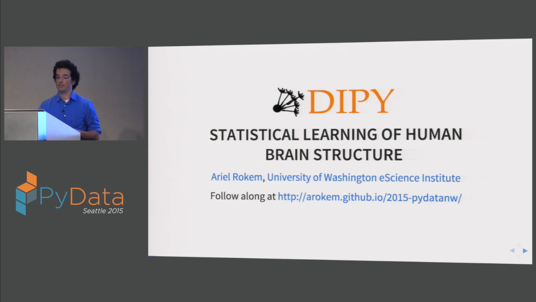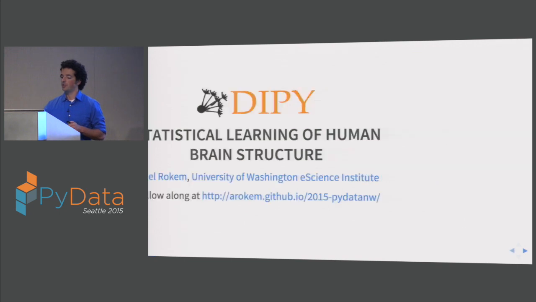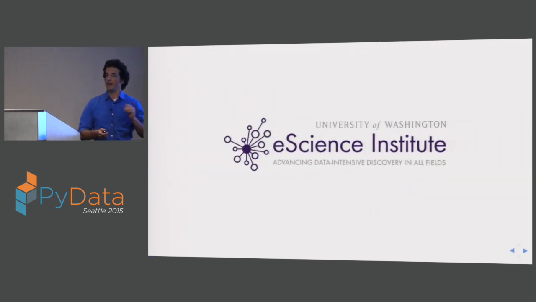First of all, just to mention, you can see these slides over here. You can follow along if you want, or review these slides afterwards. Just to give a little bit of context, I'm part of an institute at the University of Washington called the eScience Institute. We're a group of researchers from a variety of fields. This institute is very interdisciplinary. And together we're trying to tackle data-intensive research across a variety of fields. And that includes